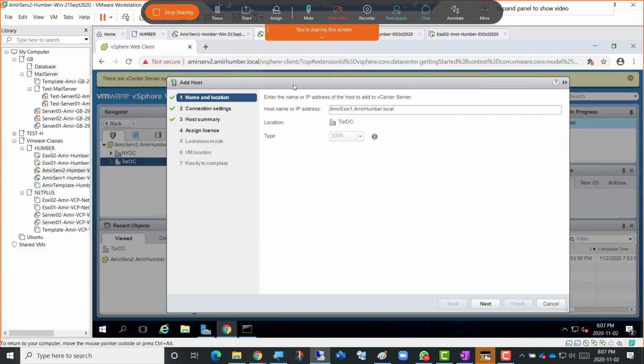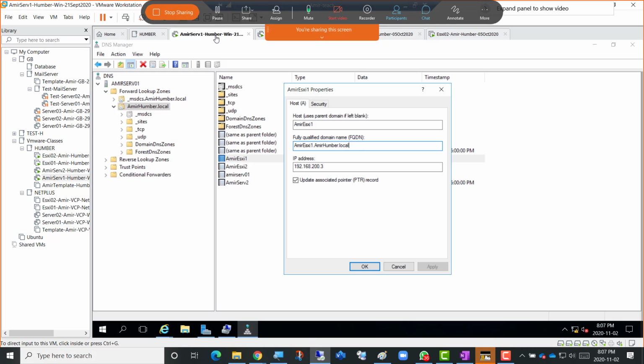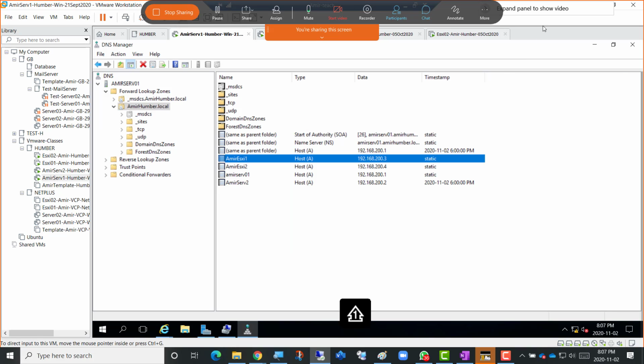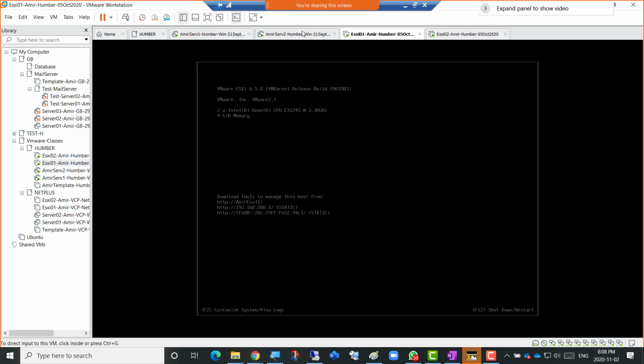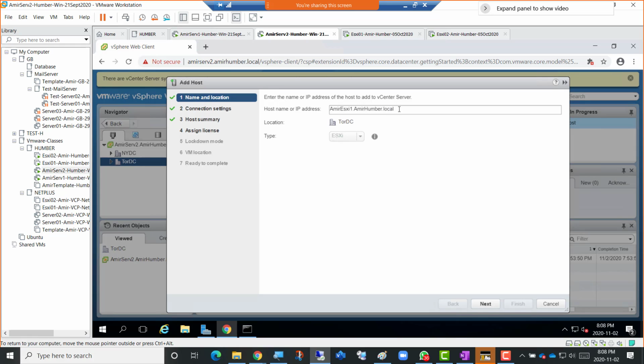What can happen is that whatever you put in server 1 in the DNS area, that spelling is different from the spelling that you put in the actual machine here. It could be that reason as well. For now, you can put the IP address here and simply add from the IP address 192.168.200.3. Okay guys, so once you have placed this,